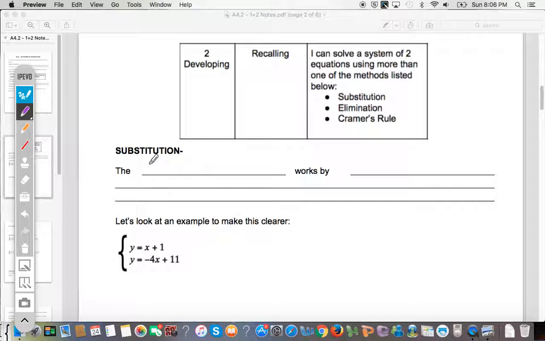Okay, so the substitution method works by solving for one variable in one of our equations